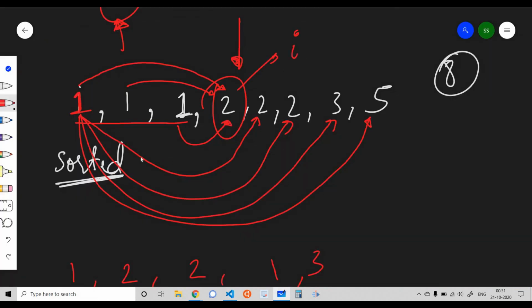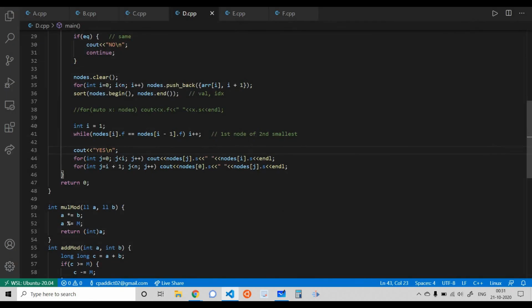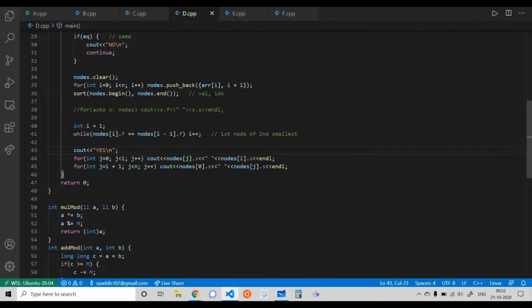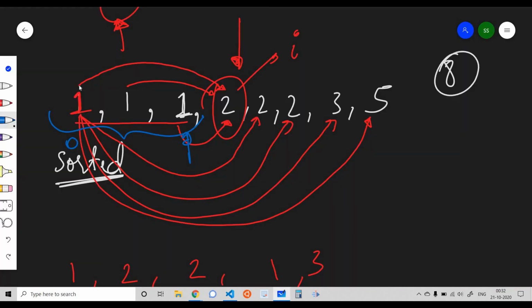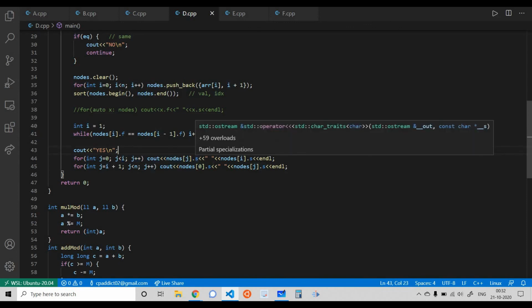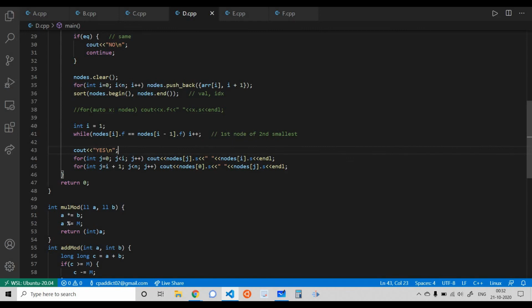Now i is here. Now what I have done is I initialize another loop which goes from 0 to this point. So you see j is from 0 to i, and I put an edge between all of these nodes and this node which is pointed to by i. So you see, node j dot second is the second value of my pair, which contains the index, and I'm connecting that to node i.